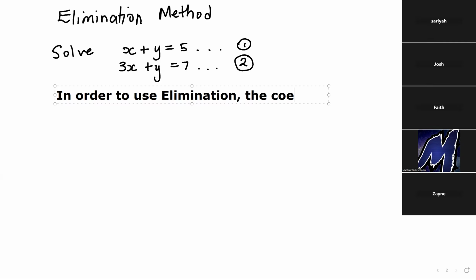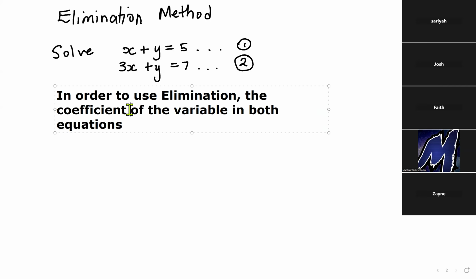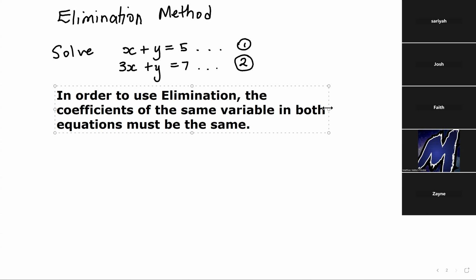I want you all to write this down. This is a note. The coefficient, sorry, of the variable, the same variable I should say, in both equations must be the same. So meaning that it's either the coefficient of x is the same or the coefficient of y is the same,